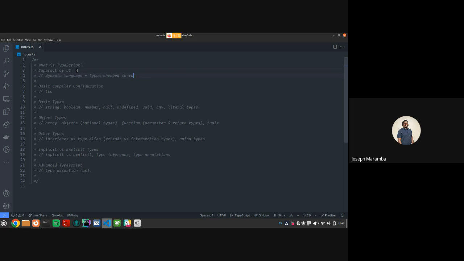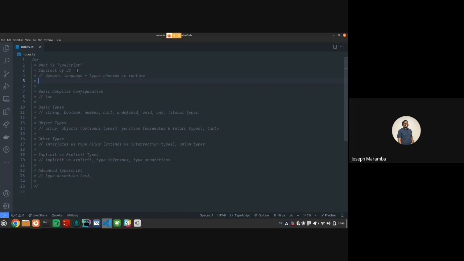and this is a key cause of bugs in JavaScript, because you can just combine types however you want and you won't get errors. But when that code is executing in production, if there's a type mismatch, you might get a production error that you didn't know of while you were doing development. And then you have